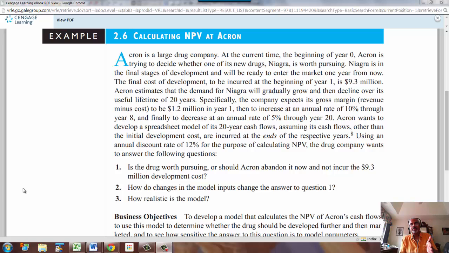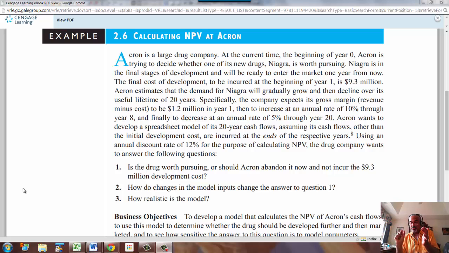there is a development cost at the beginning, and then there is expected net revenue, which is gross revenue minus cost. So you have gross margin, and the gross margin is expected to increase year after year for the first few years of the drug, and after that period, the demand is expected to decline, and therefore the revenue is expected to decline. Now the question is how long it will increase and when will it start declining.